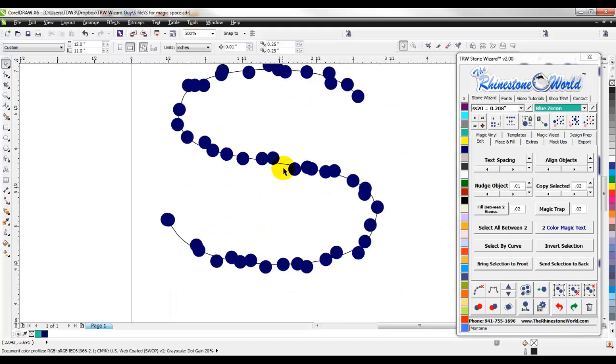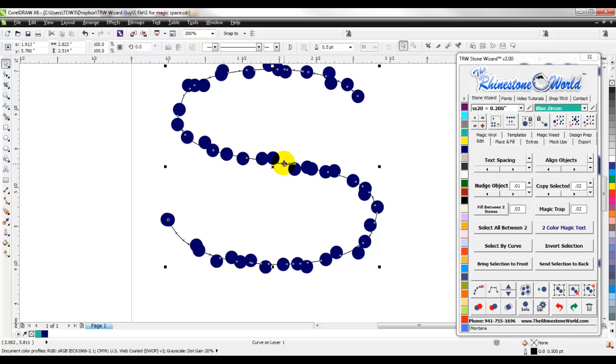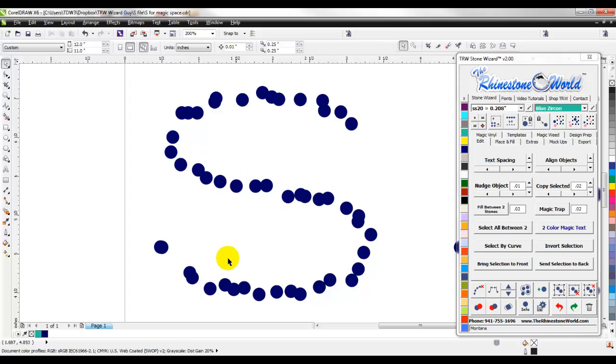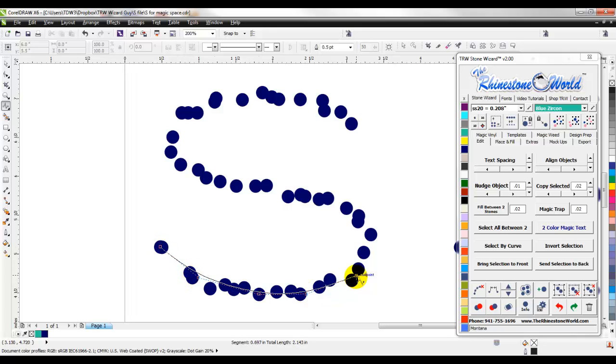All right, now what I did is I'm going to get rid of this right here. Let's say you have a jumbled mess like this. All SS10 stones, jumbled mess. All right, I'm going to come over here, grab my B-spline tool. I'm going to go click, click, click, click, click, click. All I'm trying to do is make sure that my line is touching all of the stones at some point. Doesn't matter where, just as long as my line is touching each of the stones,